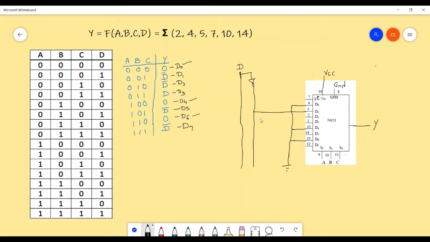D2 will be connected to D bar. D5 will be connected to D bar. D7 will be connected to D bar.